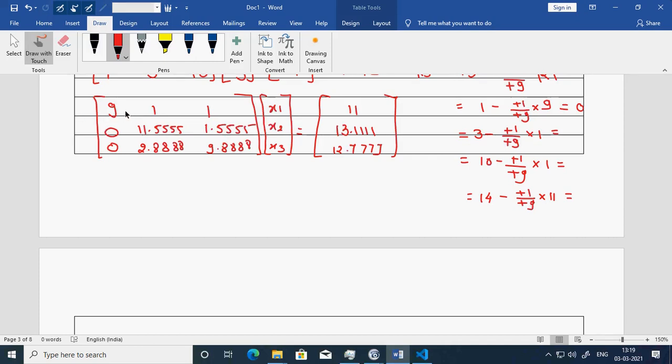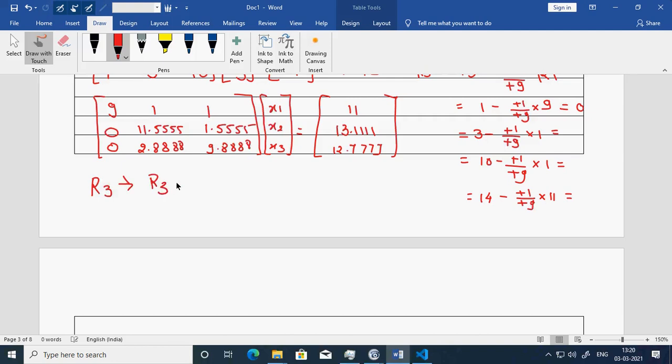So now I have to use second row. Previously I have to use first row. Using first row, make all the elements in the first column below the first row to 0. So usage was only first row. Now since I am talking about this to make 0, so my usage will be second row. So which row is going to change? R3 is going to change.